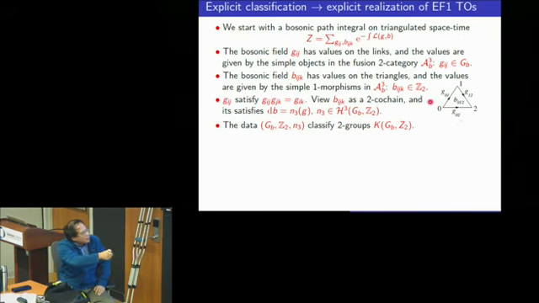We have a group living on the link, but now we also have some Z2 field living on a triangle, and that is called a 2-gauge theory. This kind of beast, called a 2-gauge theory, has a 2-group, where the pi 1 of the 2-group is GB, and pi 2 is Z2.